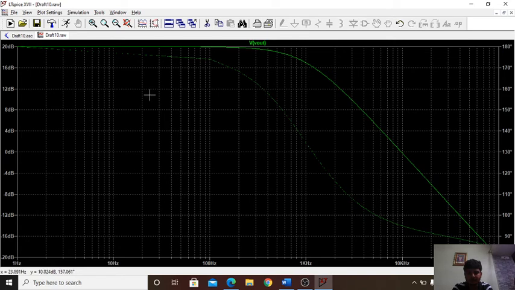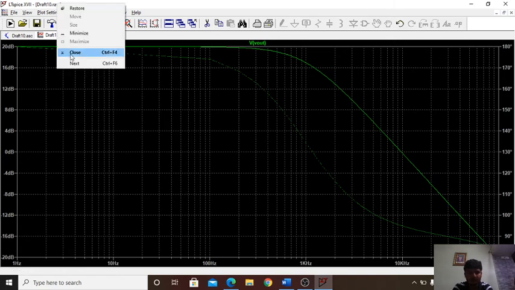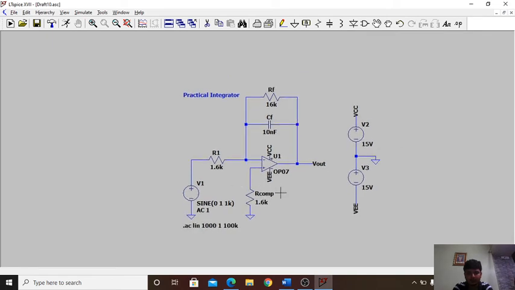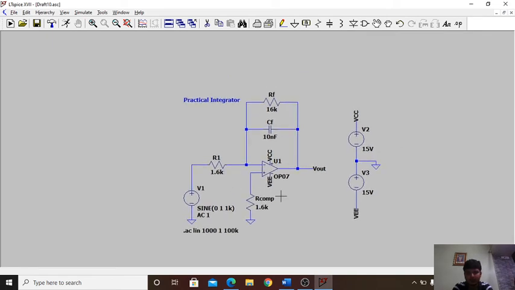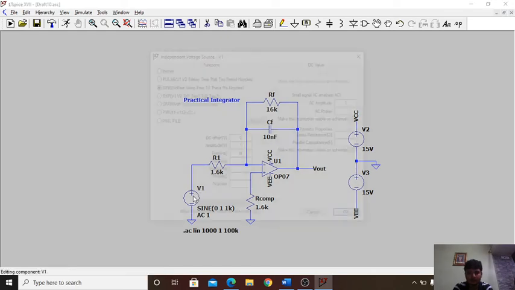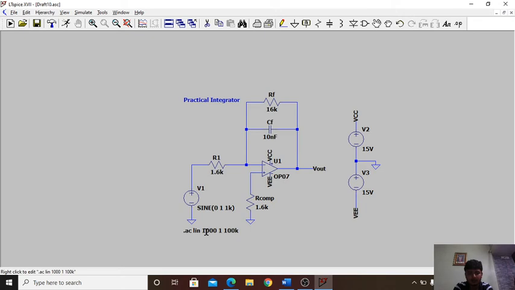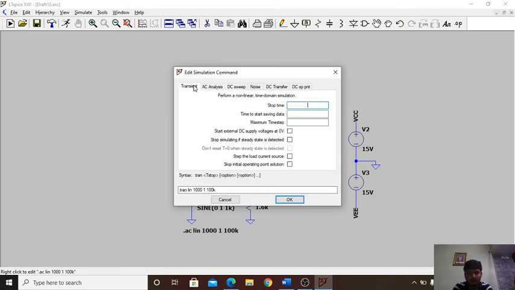Now we'll also see the transient analysis. For an integrator, when we give a sine wave input, the output is a cosine wave. Right click on this component and remove the AC amplitude, and also right click on this and change it to transient analysis.